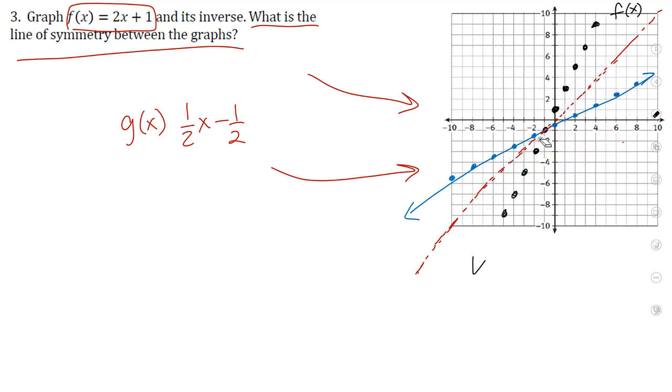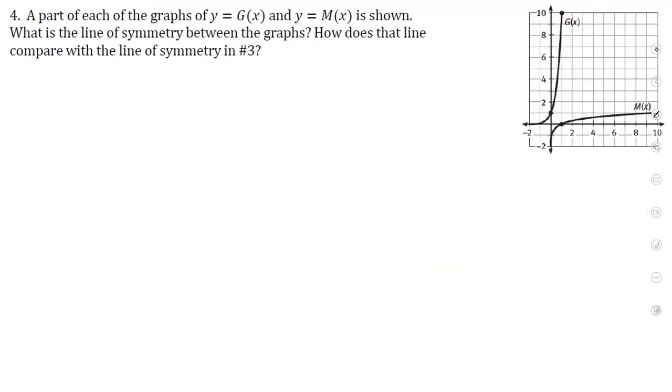Okay? That line, oops, how do I undo that? Okay, the axis of symmetry is the line y equals x. So what is the line of symmetry between the graphs? The answer is y equals x, this diagonal line. Inverses always reflect across this diagonal line y equals x. So guys,